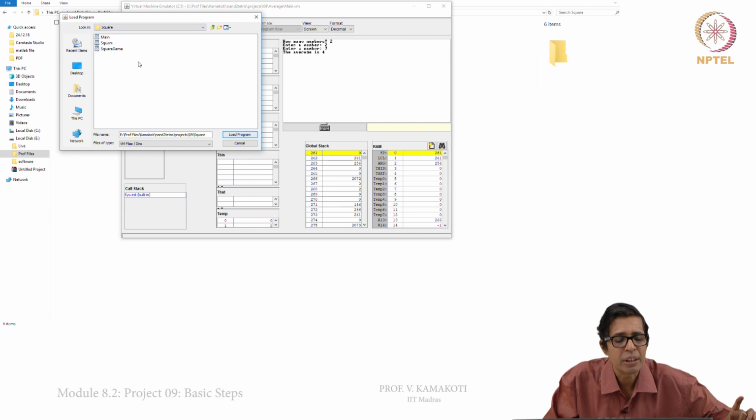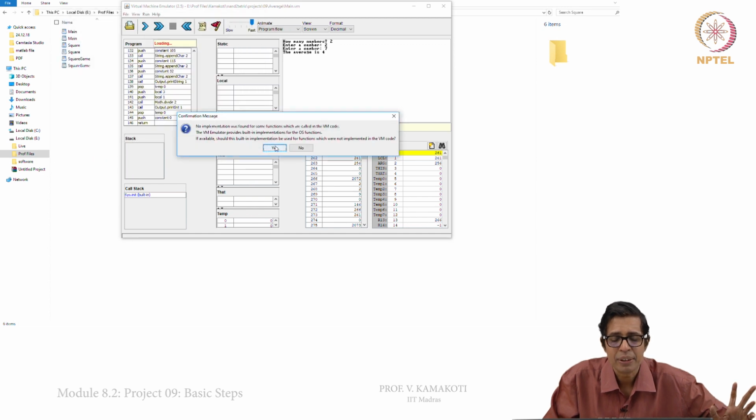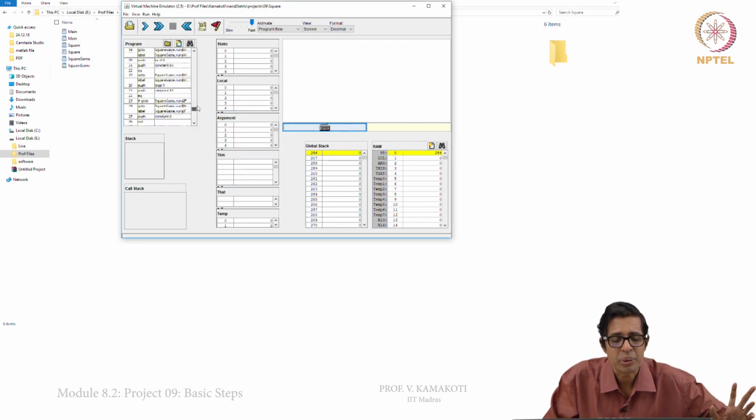So, the software allows the VM emulator to load the entire directory. When I say load program, the entire directory gets loaded. That means your main gets loaded, main.main followed by square.new, then square.draw, all the functions get loaded here.